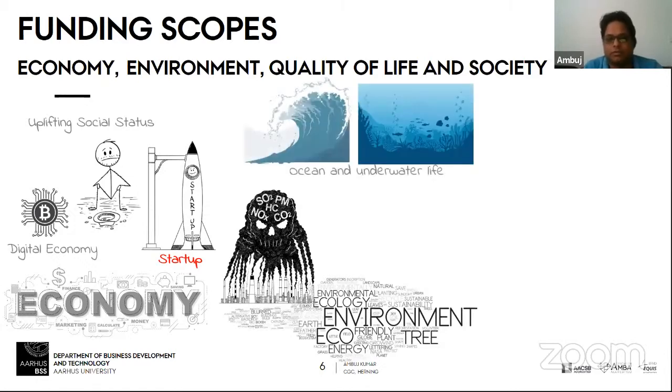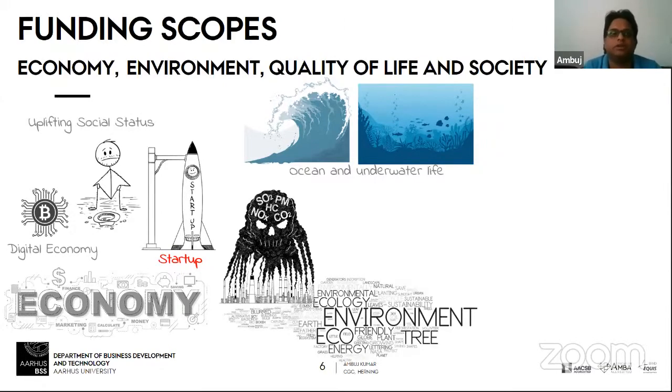Then the ocean and underwater life is also a very concerned area, because with increasing pollution we are actually killing underwater life and the ocean ecosystem. So at least from 2020 to the next 7 years, there will be a lot of calls across the world, which might be in collaboration with the EU, India, or other countries.